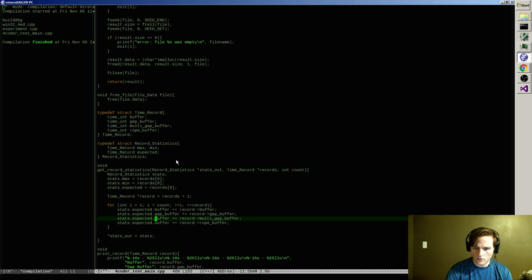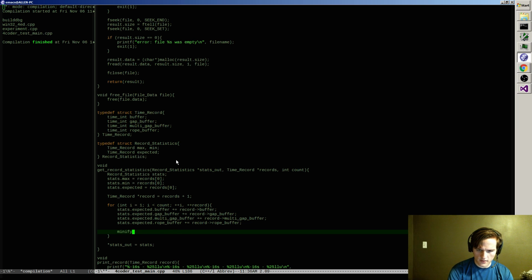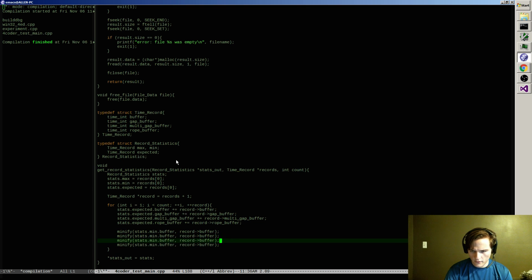Oops. And then stats min dot buffer can equal the... I'll make a little macro called minify, which will take this and this: gap, gap, multi-gap, multi-gap, rope, rope.